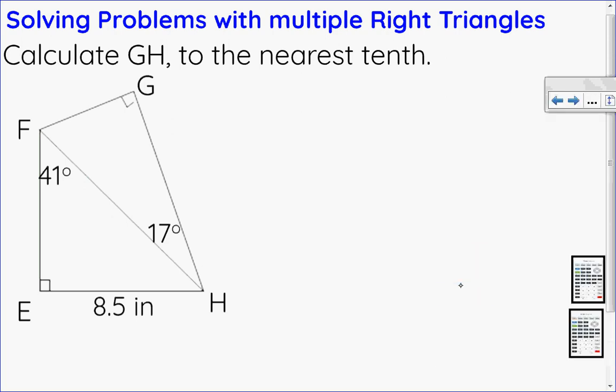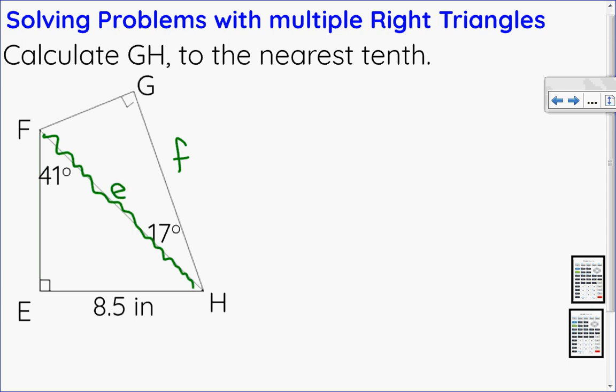So I want to solve for GH to the nearest tenth. So GH in this triangle is opposite side F. So that's what I'm trying to solve for. And when I look at those two triangles put together, I see that this is a common side. So if I could find that common side using the bottom triangle, it will help me find the missing side in the upper triangle. So what I'm going to do is solve for side E in